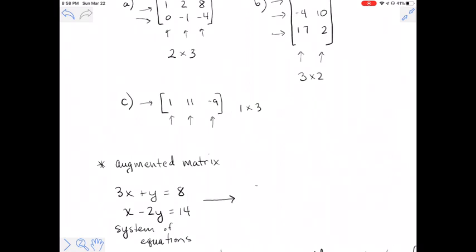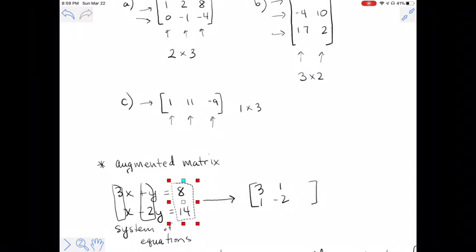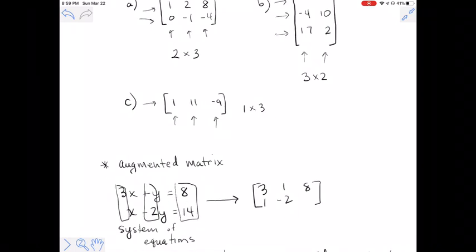To convert that into what's called an augmented matrix, you're just going to take the coefficients of the x variable and form a column, and then the coefficients of the y variable, that forms a column. So there's going to be a 1 and a -2, and then the constants there, 8 and 14, form the